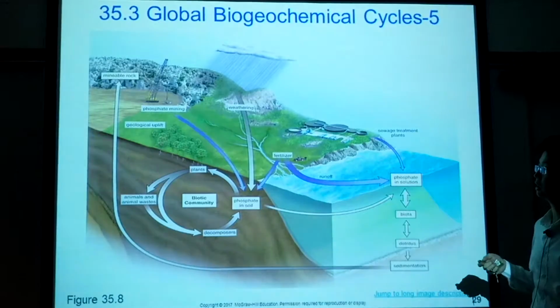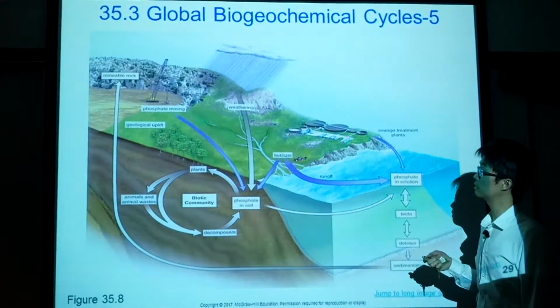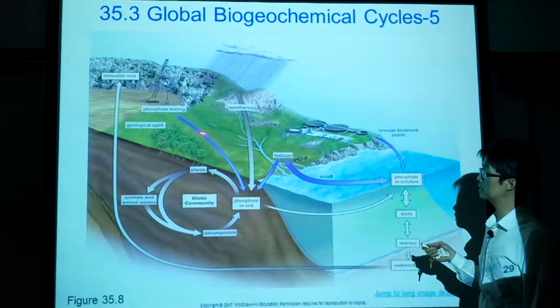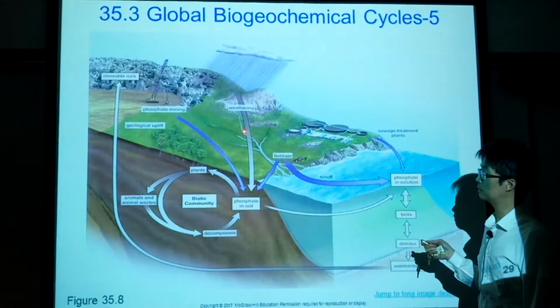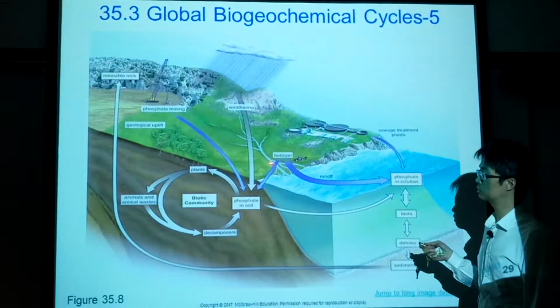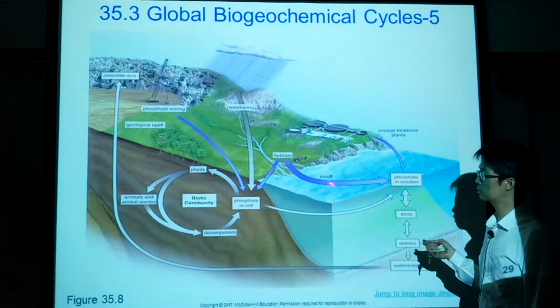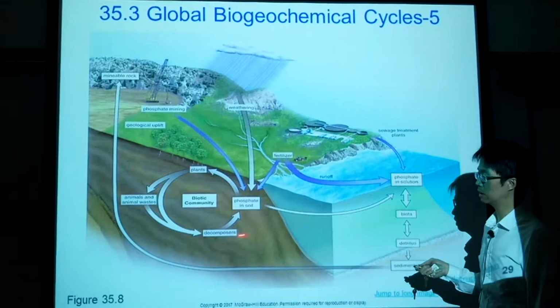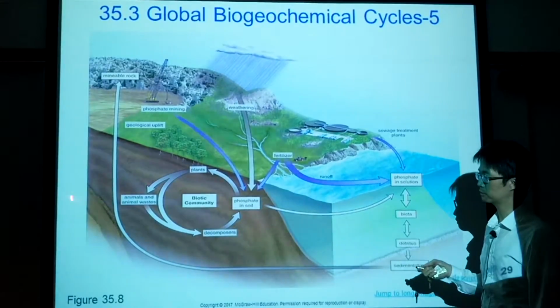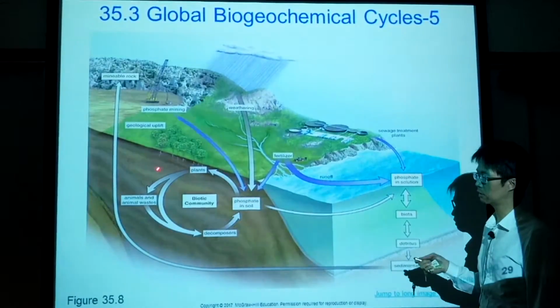So this is the phosphorus cycle. As you can see, it originates from the rock, and then it can be dissolved into the water and go down to the ocean. And there is also a cycling of phosphorus on the ground by the biotic communities. The